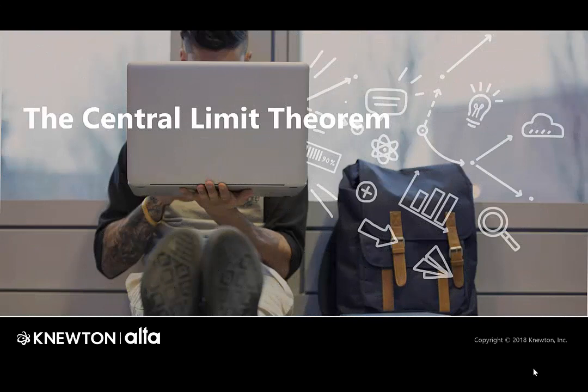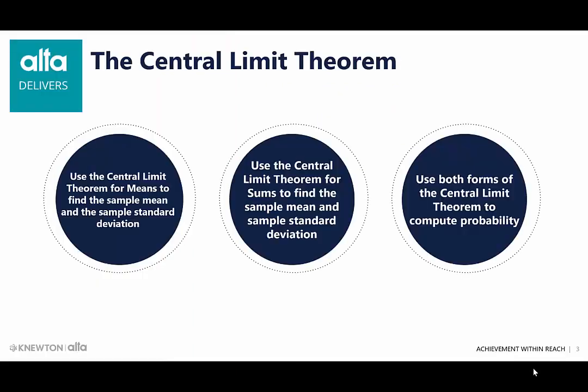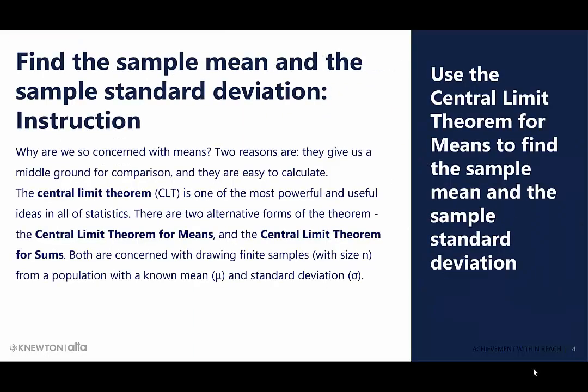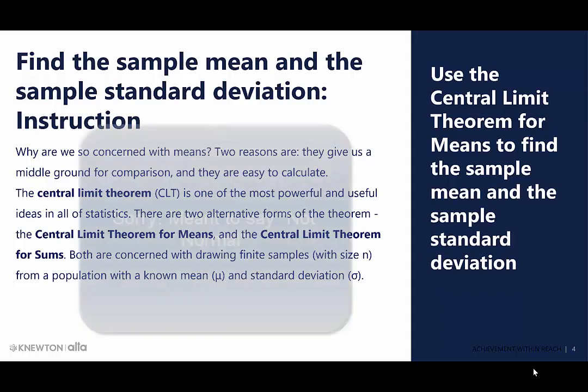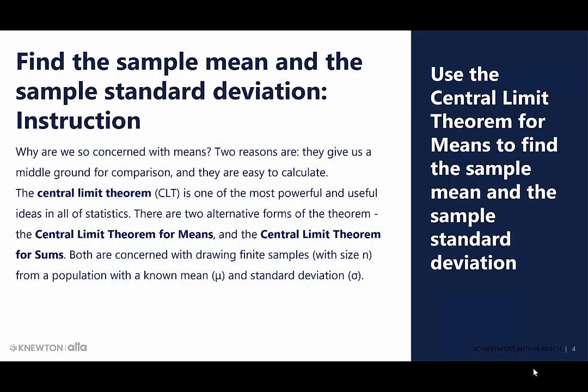All right, in this video, I want to go over the central limit theorem. Okay, so hopefully up to now, you're pretty comfortable with finding probabilities of normal distributions. Well, what happens if the distribution is not normal? Are we able to find the probabilities? Well, in general, the answer is no. However, if we apply something called the central limit theorem for means, we are able to find probabilities.